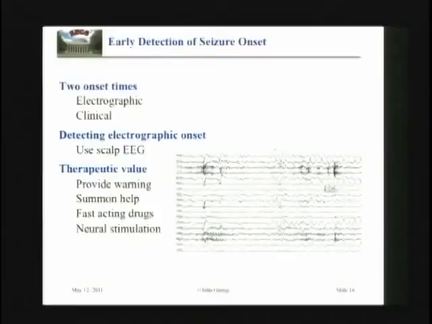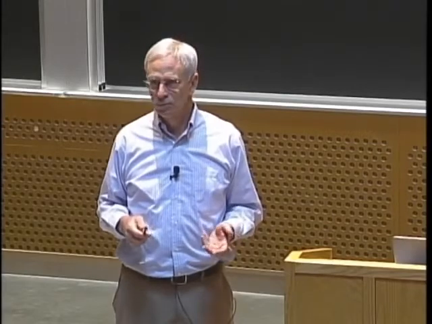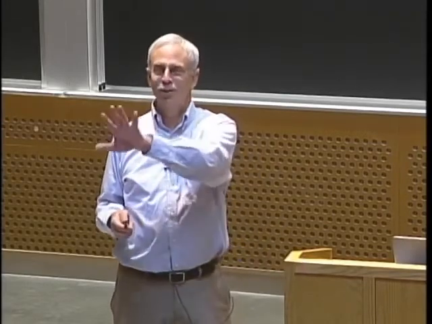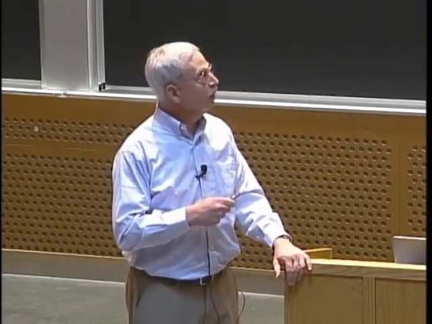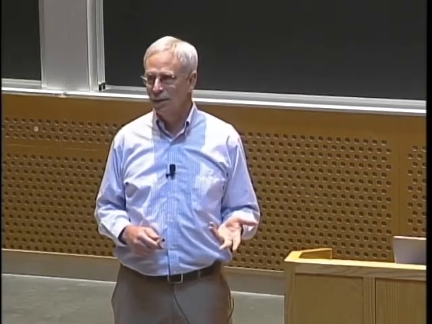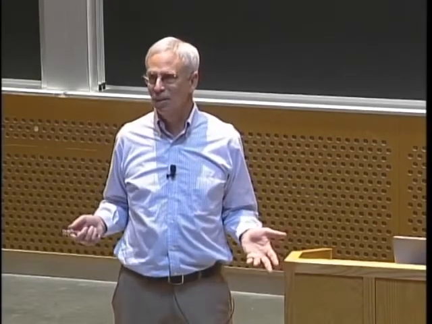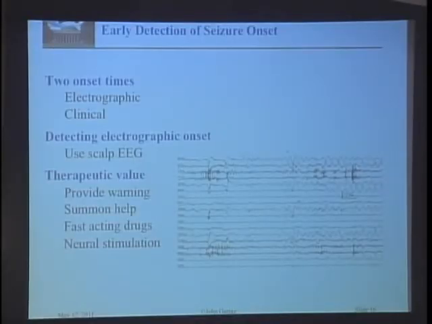The thing to keep in mind for the seizure is there were two distinct onset times. What you saw if you were looking at the girl was what's called the clinical onset, when there's some clinical event. If you were able to not look at the person and instead look at the EEG, not so easy, you would have seen that there was an electrographic onset that preceded the clinical onset. We know, in fact, since the clinical effects are caused by the electrical activity, there will always be abnormal electrical activity prior to any abnormal clinical activity. And so the hope was that we could detect the electrical activity early.